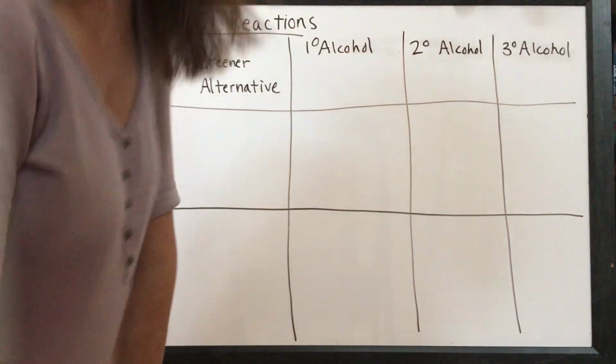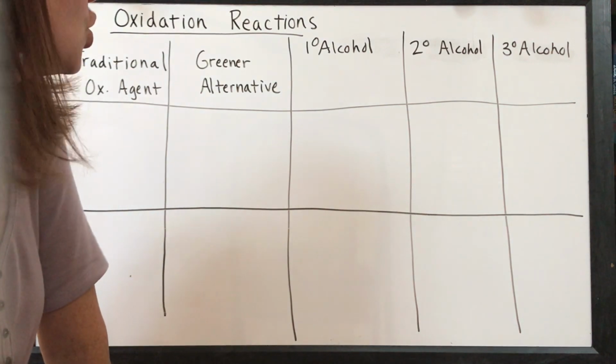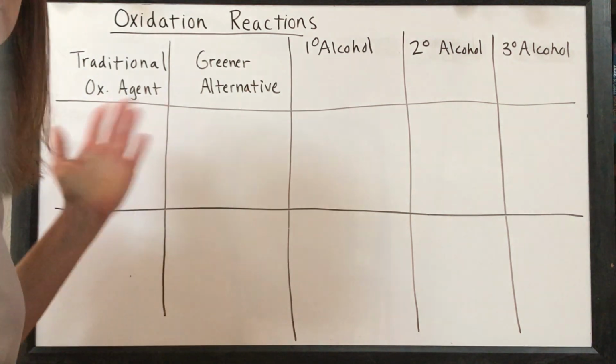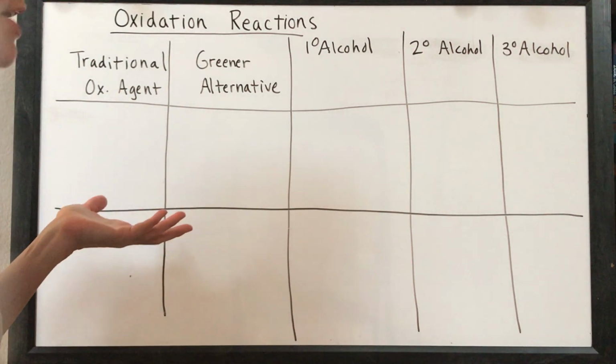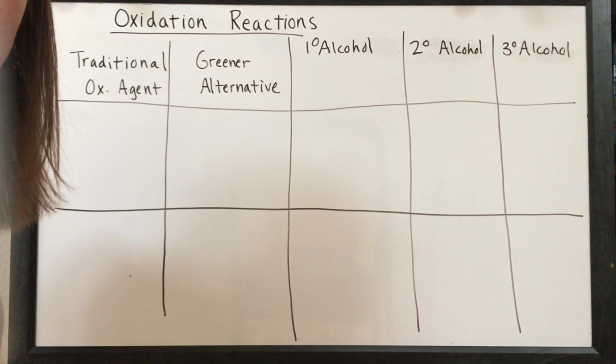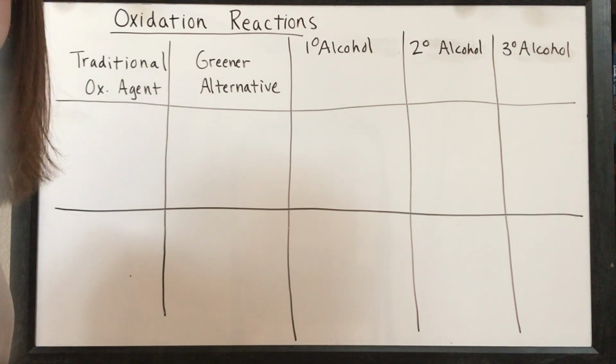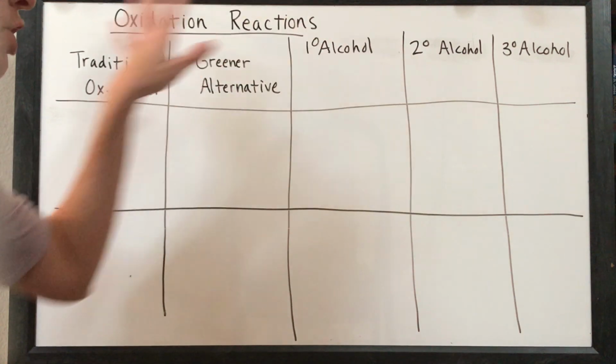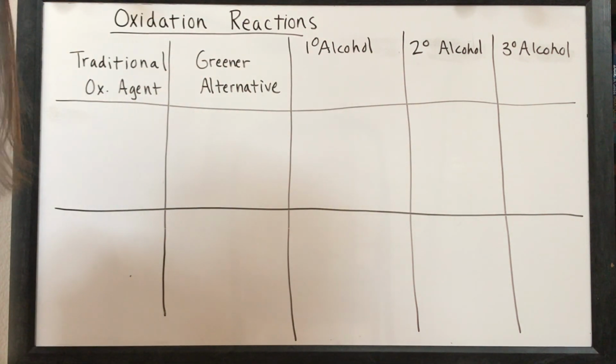Okay, everyone, we are back to talk about oxidation reactions. So we just finished talking about reducing agents, and now we're going to talk about reagents you would use to do the opposite type of reaction, if you want to start with an alcohol and turn it into an aldehyde, a ketone, or a carboxylic acid. You might want to take a minute and pause the video to make a little chart in your notes that looks like this. I'm going to talk about how different types of alcohols can be oxidized by different types